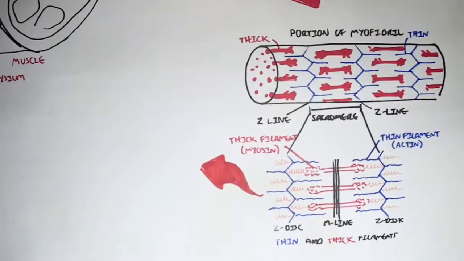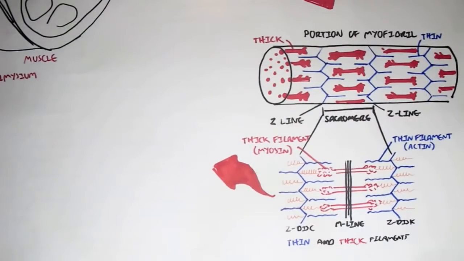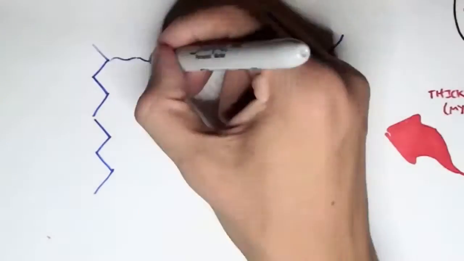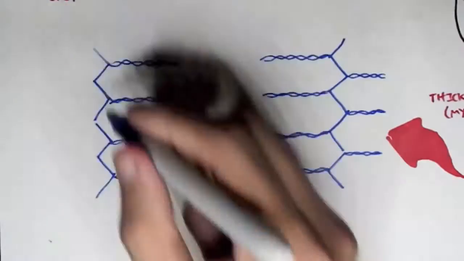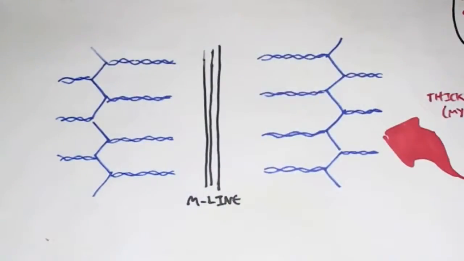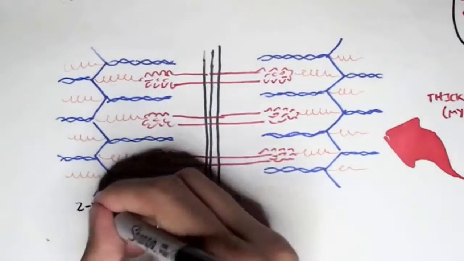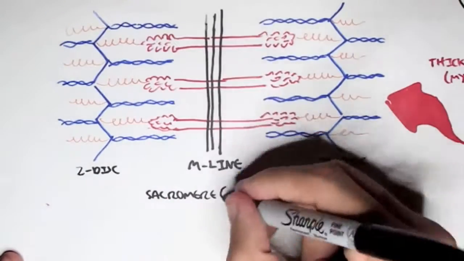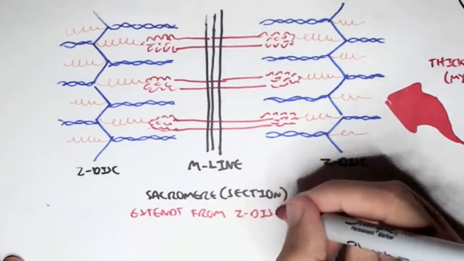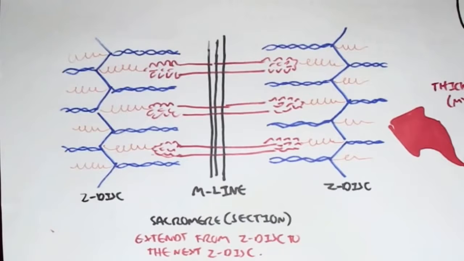But let's have a closer look at one sarcomere. Here we have one sarcomere, with the center being called the M-line. The sarcomere runs from one Z-disc to another Z-disc, or a Z-line to another Z-line here. A sarcomere is a section that extends from one Z-disc to the next Z-disc. And the sarcomere is the smallest contractile unit of muscle, so you can say. When a sarcomere contracts, or when a lot of sarcomeres contract,